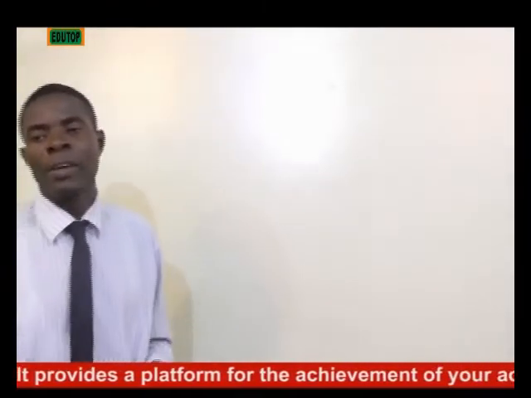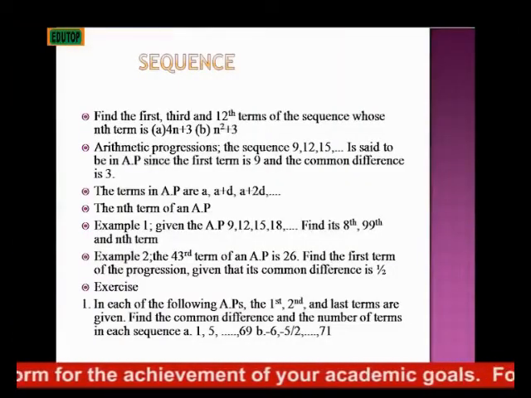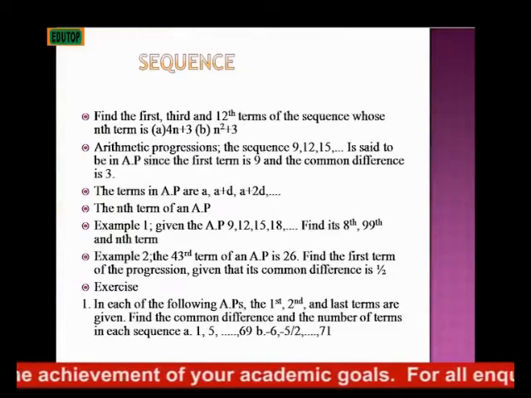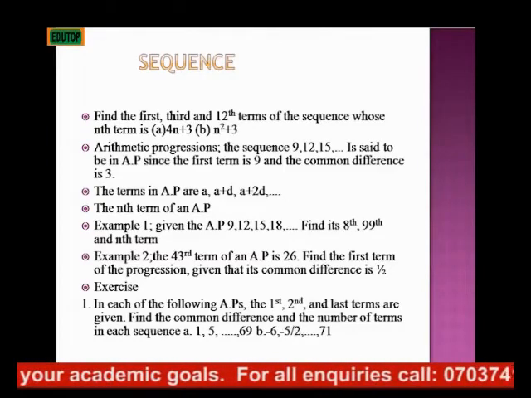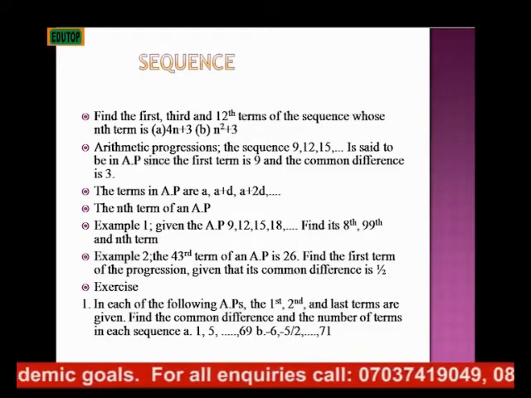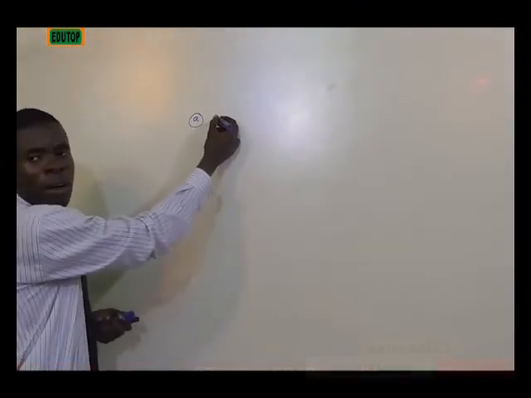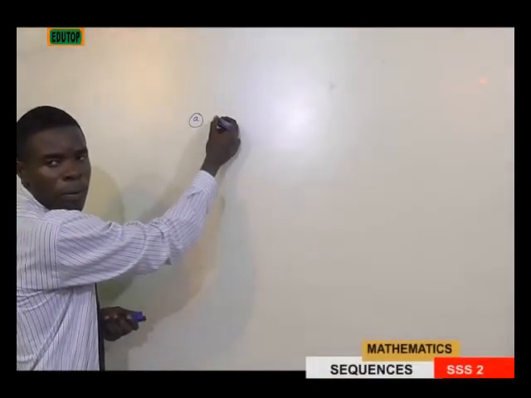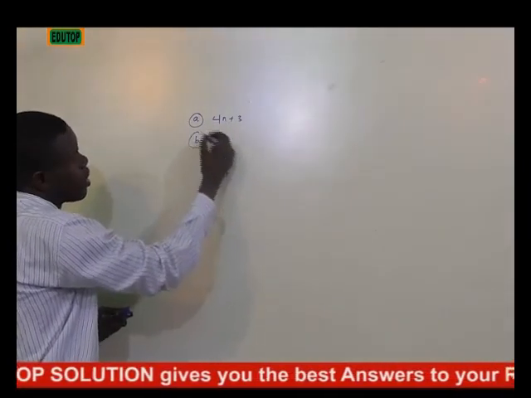Sequence and series. Find the first, third, and 12th terms of the sequences whose nth terms are 4n plus 3 and n squared plus 3. So the first one is 4n plus 3, while the second one is